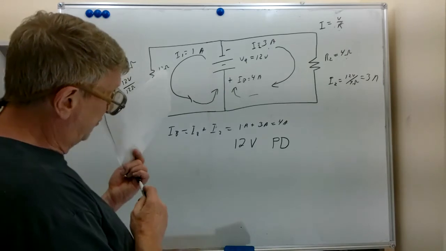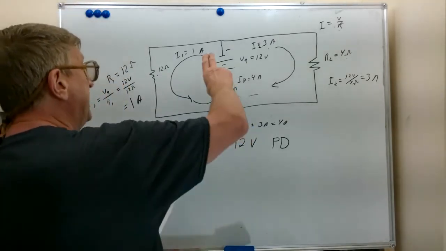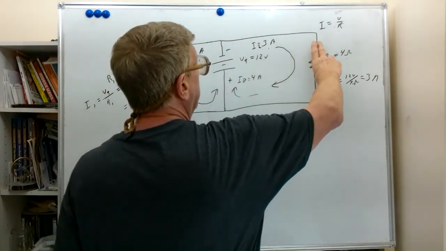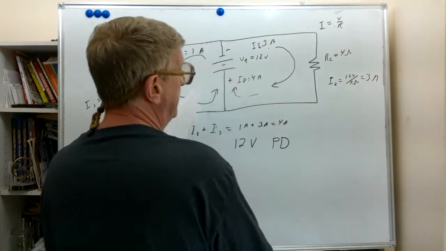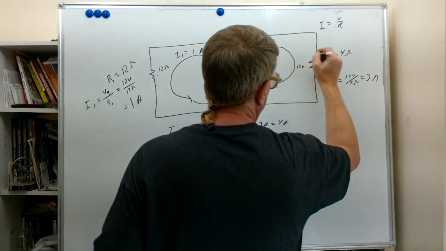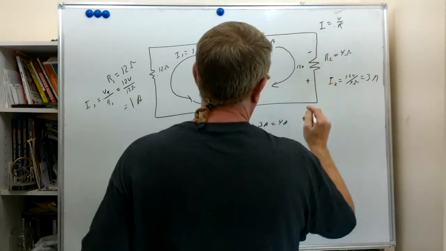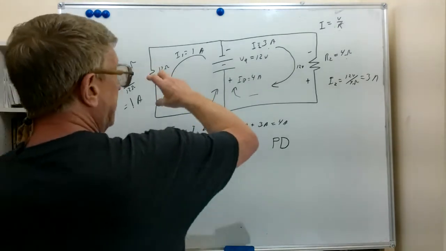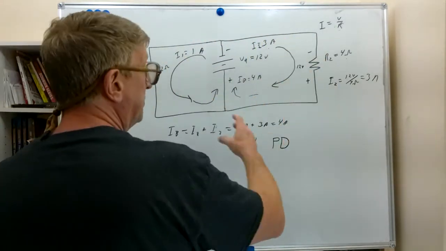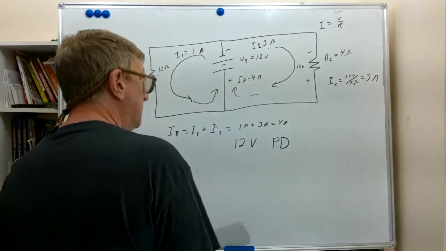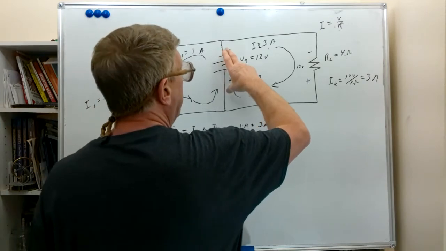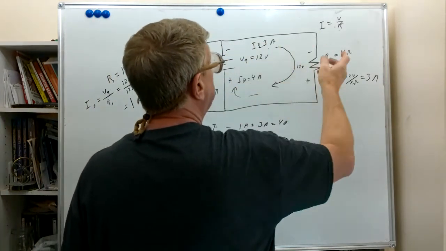That potential difference does not move. It stays right there. And being this point is essentially the same point, you see it right here. So we'll put that right here, 12 volts, and we'll put the same polarity. That 12 volts doesn't move. It doesn't go through the circuit. The current travels through the circuit, but the voltage does not travel through the circuit. It is created by the power source, and it appears across anything that is connected to